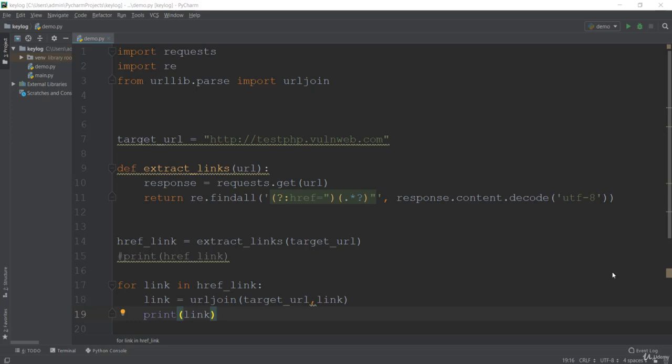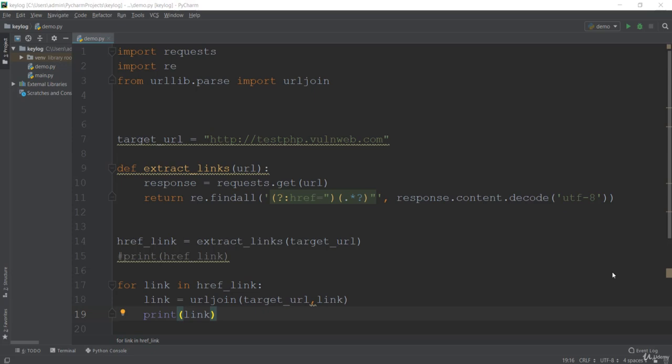Welcome to this lecture. In this lecture we are going to make another web crawler, but in a much more efficient and much easier way. This will be using the next module, and that is Beautiful Soup. It is very popular and powerful. If you have ever harvested URLs from links, then you should have heard this name.